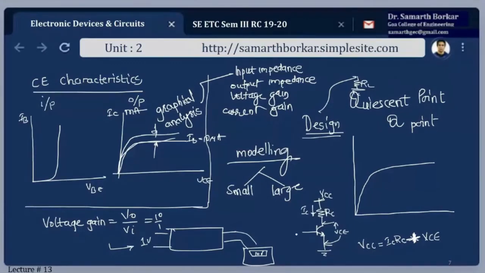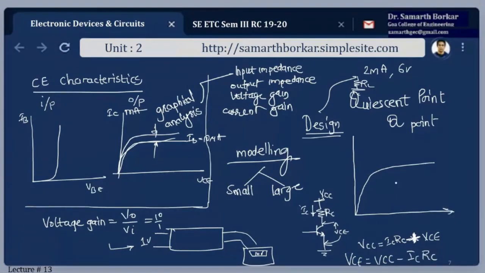Now, when we design any circuit, we check how much current is required, say 2 milliamperes, and the output should be 6 volts. It is the duty of the designer to keep it fixed at 2 milliamperes and 6 volts. If there is a change in this current, your output voltage will be affected, and that is the last thing you want. Now, we have the output voltage VCE equals VCC minus IC into RC.